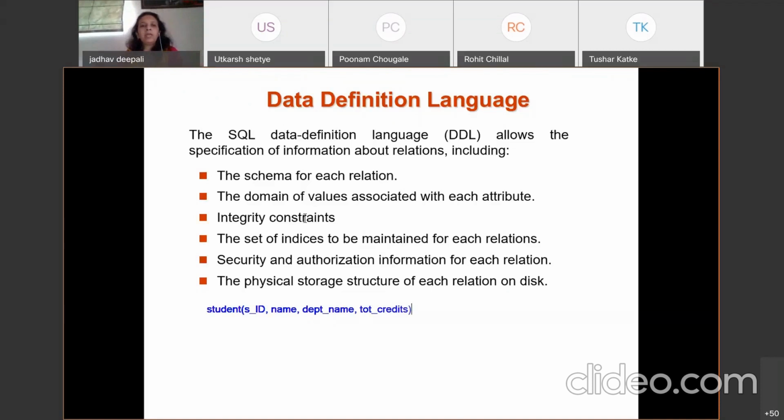Then the domain values associated with each of the attributes. For example, what is SID? It may be a character of size 10. Then what is the domain for department name? I write it here as character of size 15. Then the name: what is the domain of that particular name?